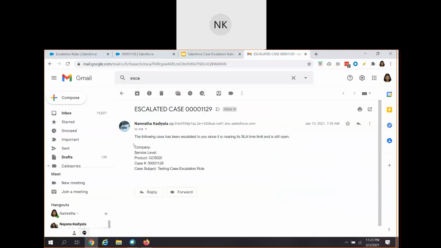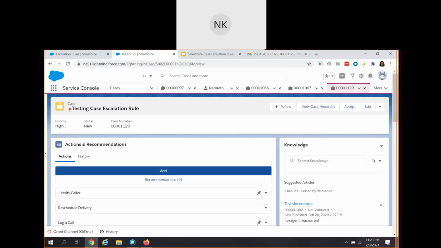I'm already showing you how that process happens, and how you can see the email. So this is how you can see, and here also you can see that the case is escalated. On the subject, you can see this kind of triangle shape, right? So it says that the case is escalated. So this is how you can implement the case escalation rules.